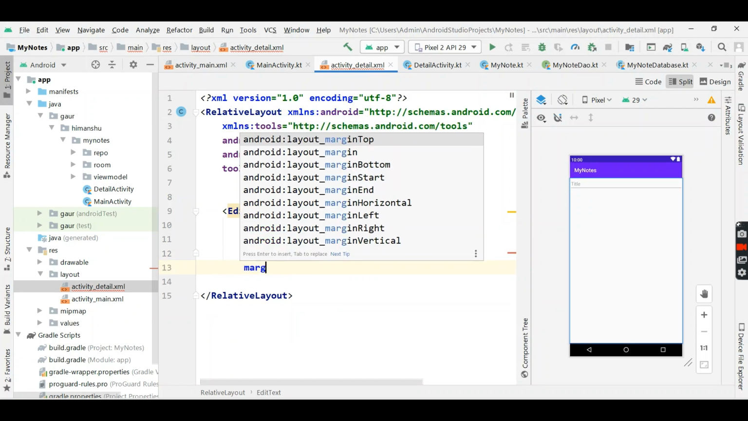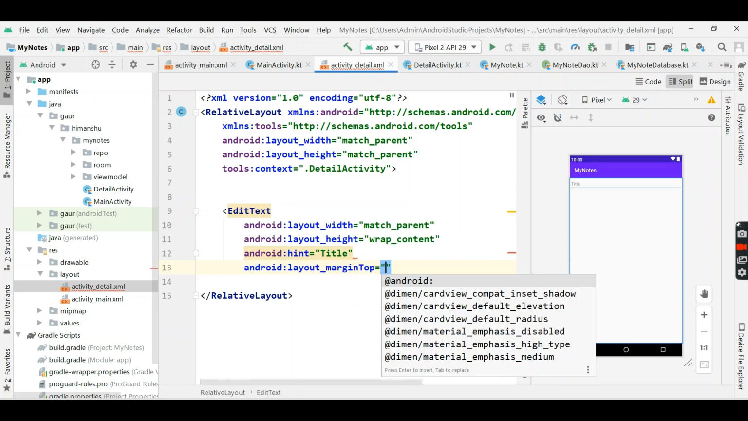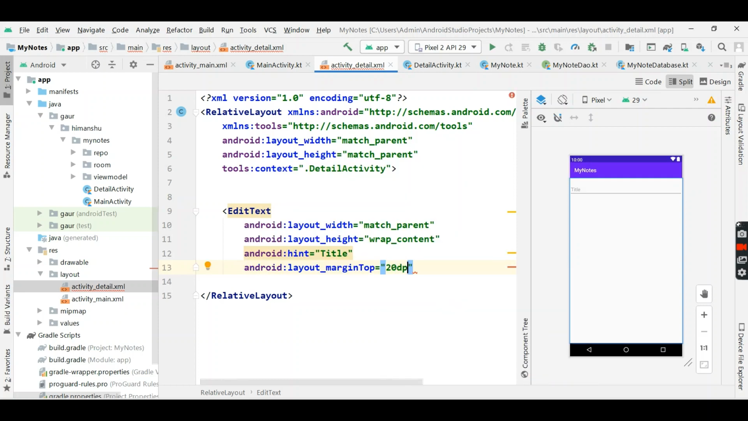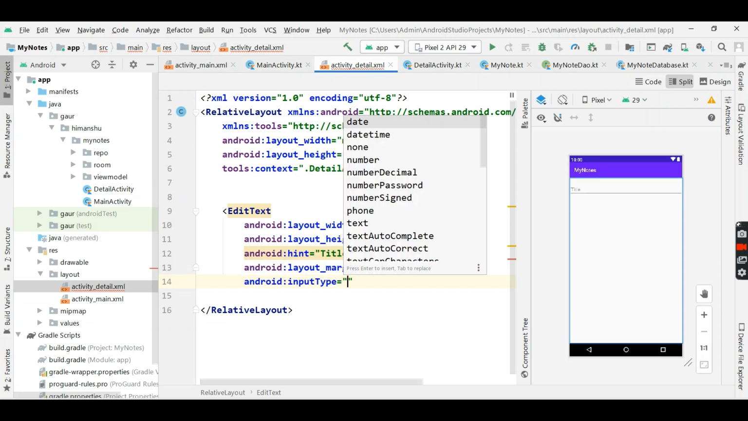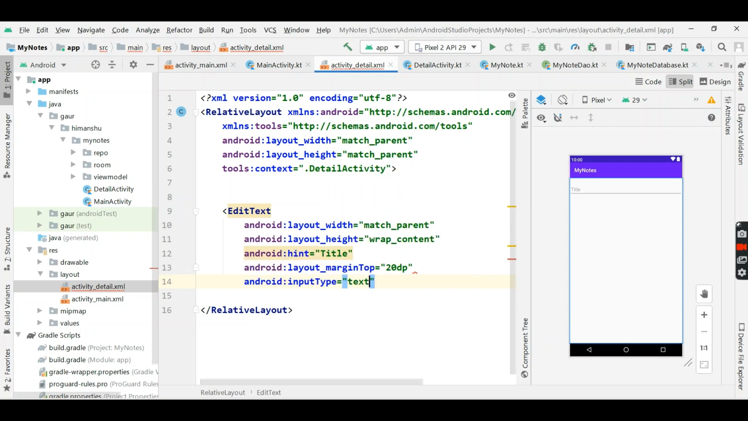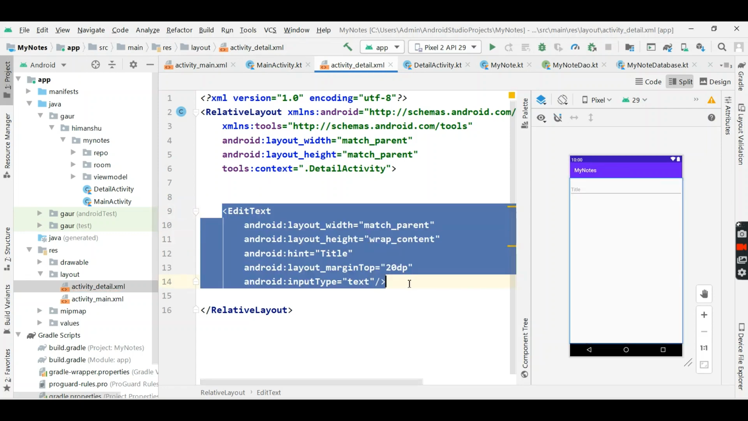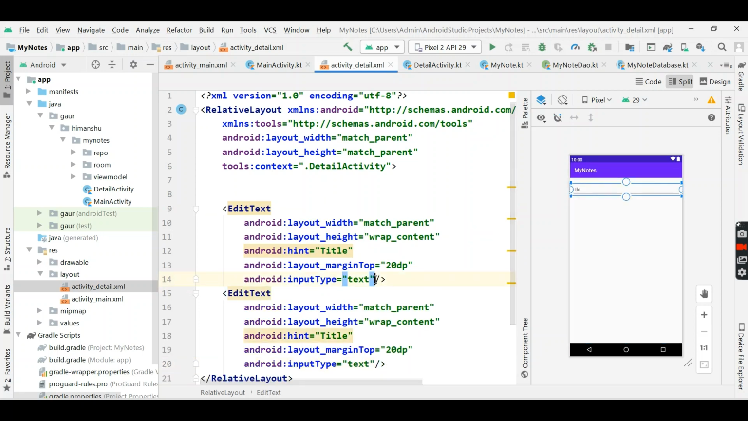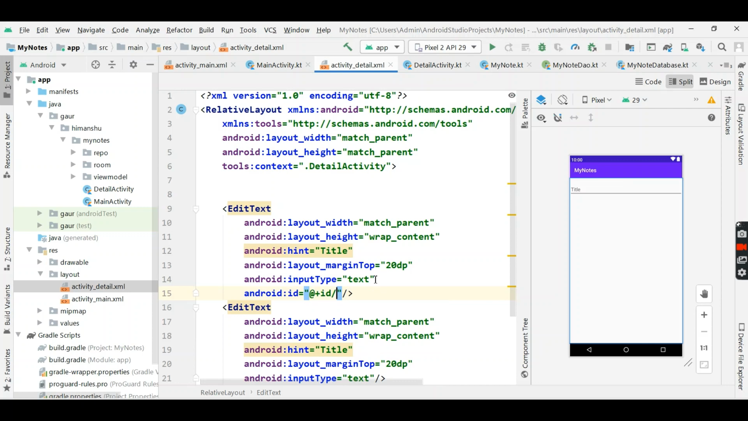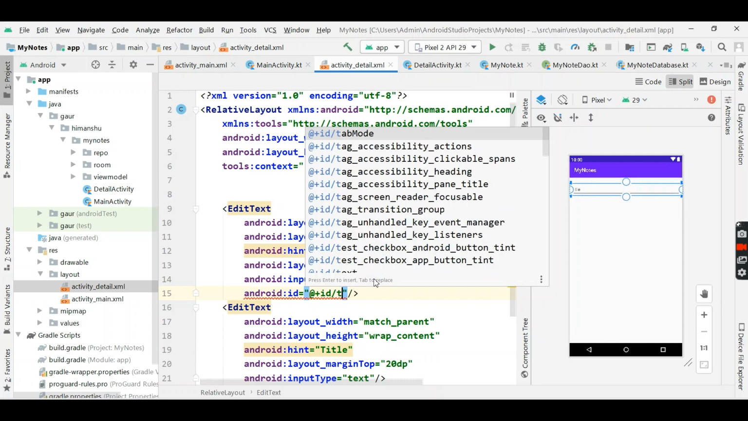Okay, and put some margin from top, so 20 dp is better. Now give input type. So in my case it is text, so input type is text. Now copy this and paste it. So now I will copy this, so give id to it, title,